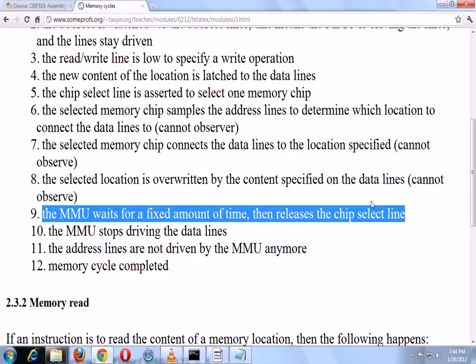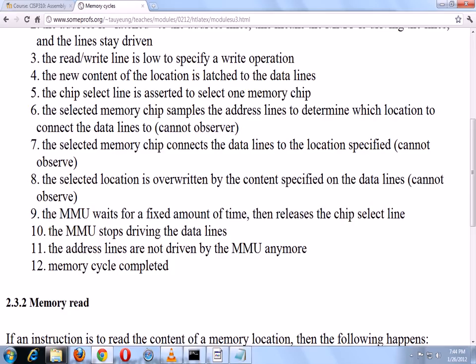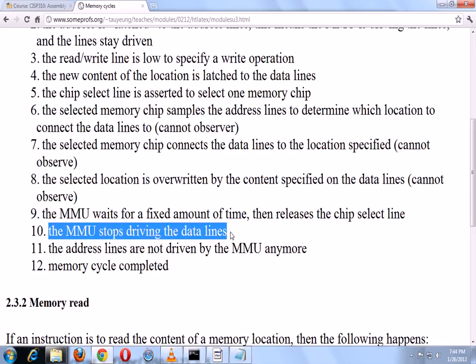Okay. So at some point, after the number of wait states, the MMU will basically say, okay, I think the operation is done. Now remember what I said. The MMU will say, I think the operation is done after a certain delay. It does not know actually whether the operation is done or not. And that's why if you program your BIOS with the wrong wait state or wrong latency, you can run into interesting problems. You'll be lucky if it doesn't work at all, because then you can just say, okay, I guess that just doesn't work. A worst scenario is it works marginally,